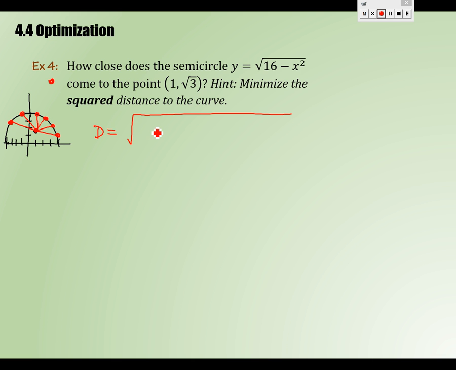Now if one of the points is (1, √3), just for the time being, let's make the other point (x, y), but I might want to come back and pick that again in a second. So what is the distance between (1, √3) and (x, y)? Give it to me like that. How would that go? (x minus 1) squared plus